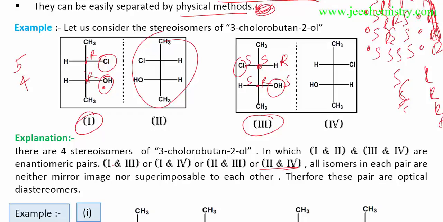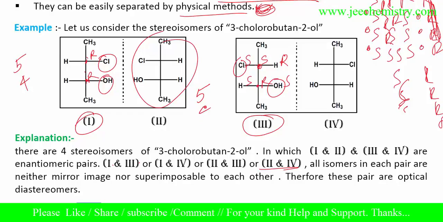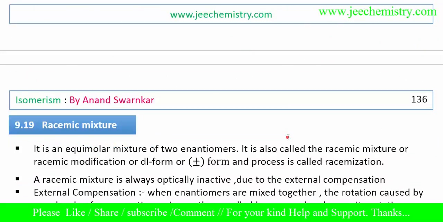So I already explained that the maximum number of different R S will be less than the number of chiral centers. If there are 5 chiral centers, then a maximum of 4 stereocenters will be different: 1 or 2, 3 or 4, but 5 cannot be different. Means all the stereocenters cannot be different. One less than the maximum number of stereocenters may have different absolute configurations. I have already explained that. Now we will learn about the racemic mixture.